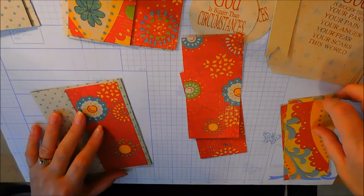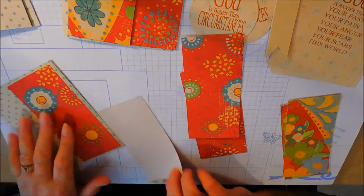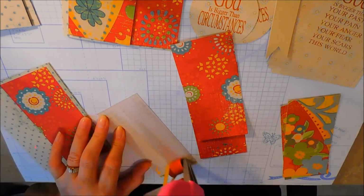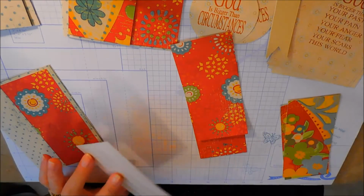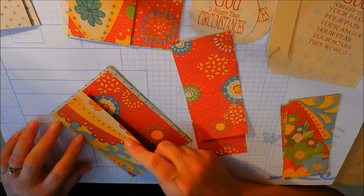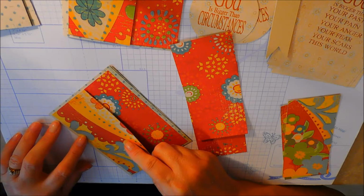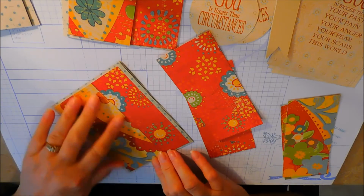And then this bright color here. Remember I told you my mother absolutely loves bright colors. This is what I wanted to use on her card, but I just couldn't get it to work out. So, with a silhouette. Anyway, this is the paper that I really like, the way the colors look. And I'm setting them on top of each other here. Just getting them, setting it like that. Then